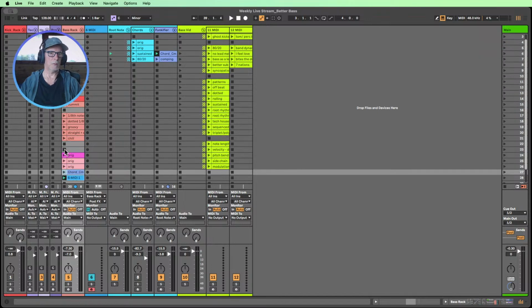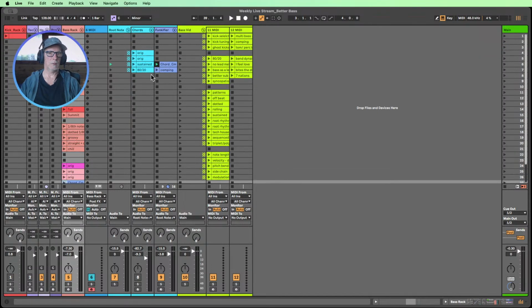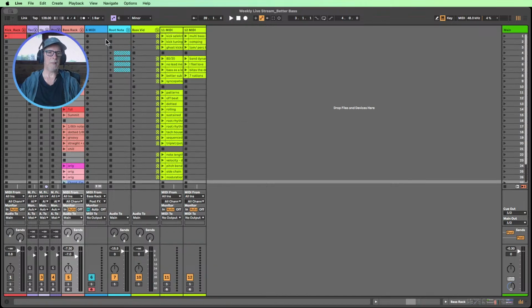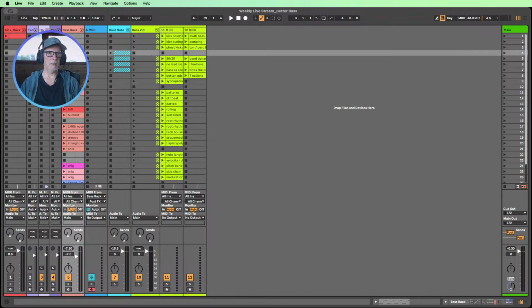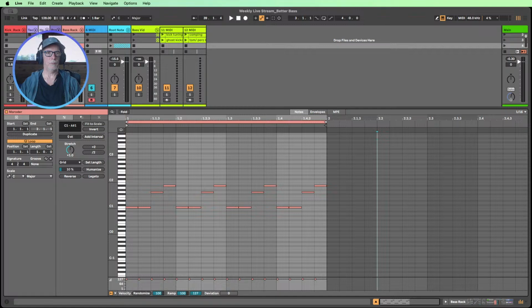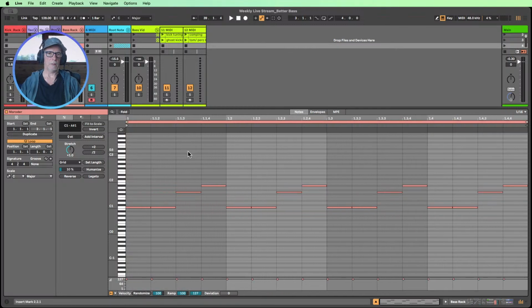All right, so let's get off the root notes now, and let's have a look at some other bass patterns and things like that. What I've got here is Giorgio Moroder's bass pattern for the track by Donna Summer, I Feel Love. Hands up if you're in the stream. Maybe if you're very young, you won't have been born when this track was around, but essentially it's a track that broke